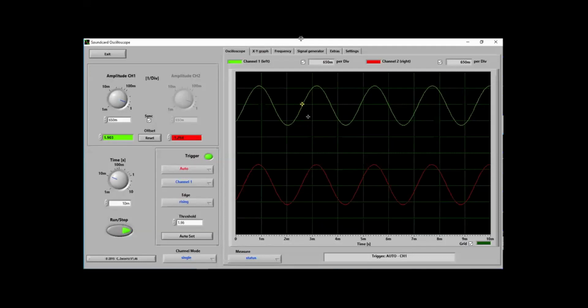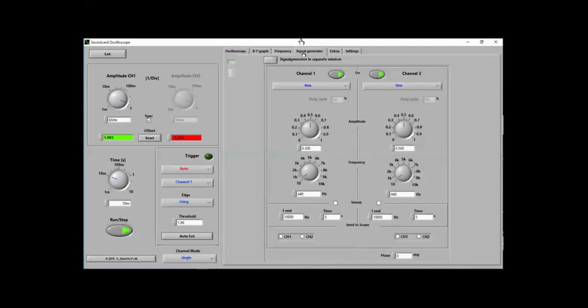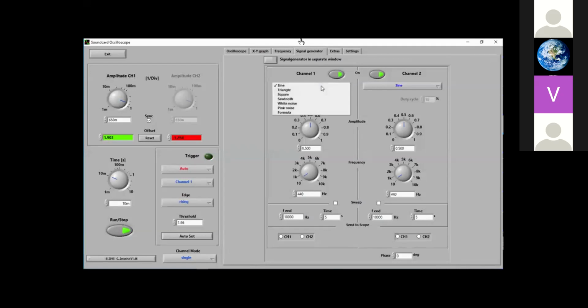Now how we generated this, just understand it briefly: this software has a signal generator function. So it can generate a signal and it can measure a signal as well. From this signal generator functionality, we can generate different kinds of waveforms. Right now we will go for the X-Y plot and frequency plot, and later on we will come to the signal generator. For the timing, just keep this setting as it is. If you want, you can put this frequency to 500 hertz, because it will be very easy to see.